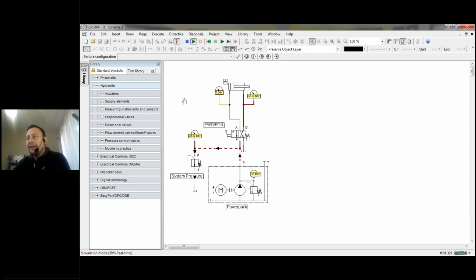Okay, so there we go. Once we simulate, you can follow the pressures, and you can also see how the oil flows. Like I've told you, if you attended a hydraulic course, oil must always be able to get back to tank. Then we can operate our forward return